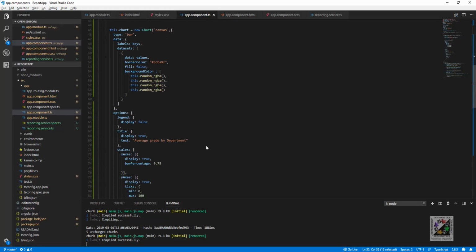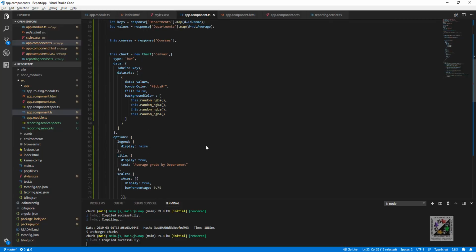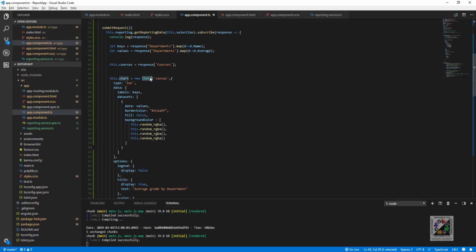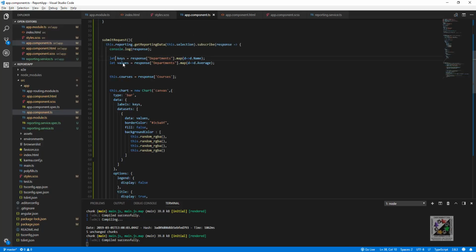You just need to look at their documentation, you provide a few properties, you essentially create a new object of type chart in your TypeScript, and then you need to provide labels. Labels are basically the x-axis values, and you need to provide data sets. Data sets are the values that will appear on your y-axis. So up here what we did was we said response departments. So in other words,